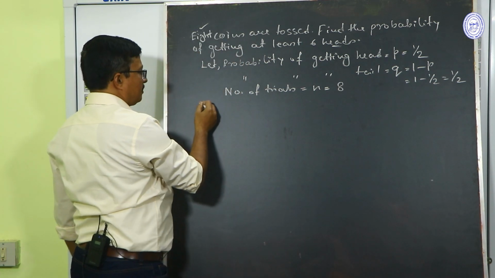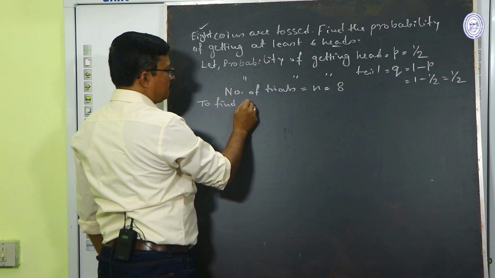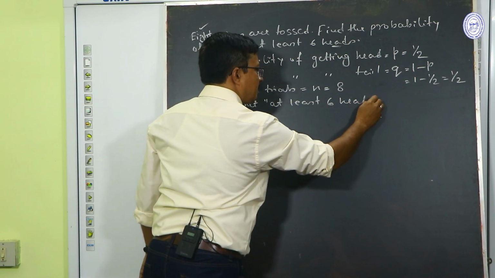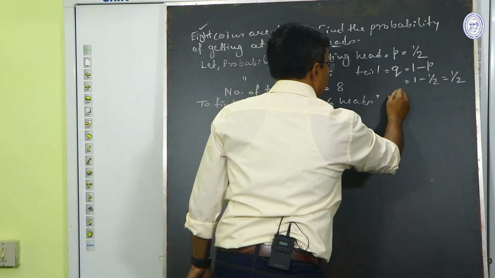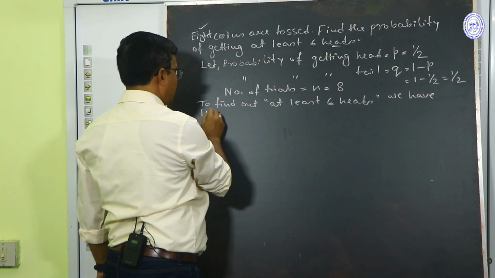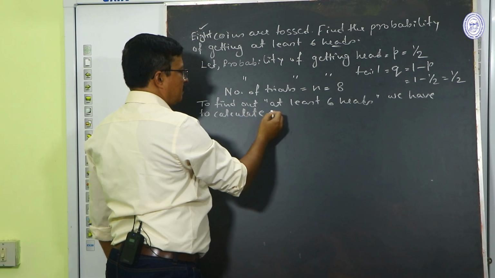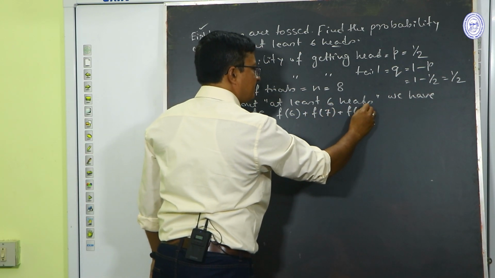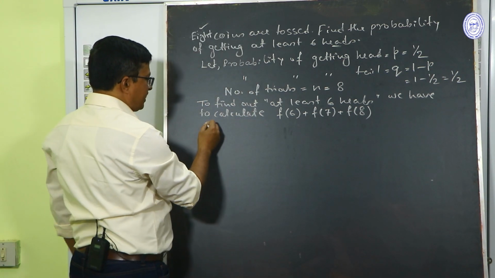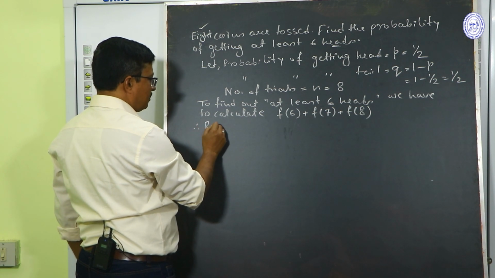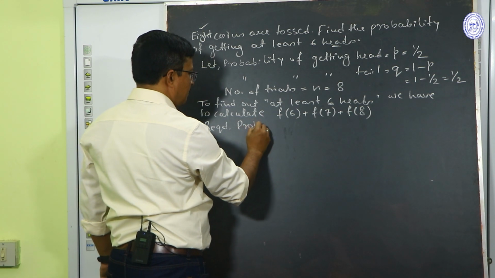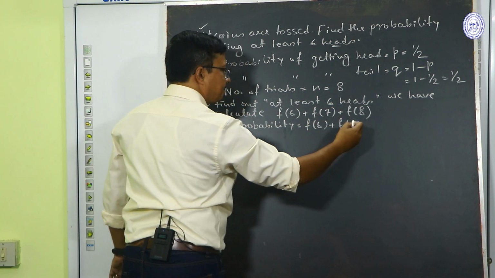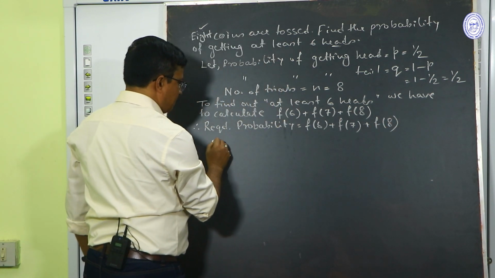Now, to find out at least 6 heads out of 8, we have to calculate F6, F7 and F8. Okay. Now F6, therefore required probability, that is F6 plus F7 plus F8, that is equal to